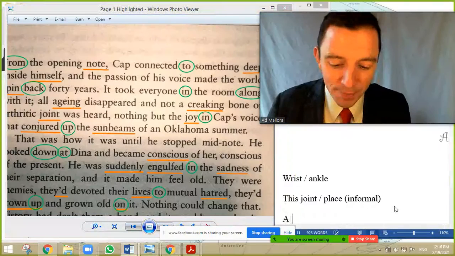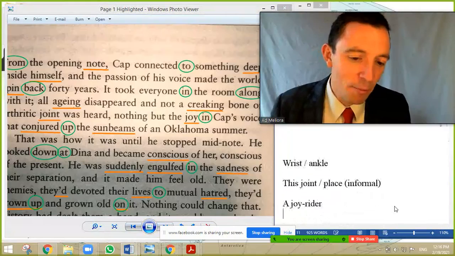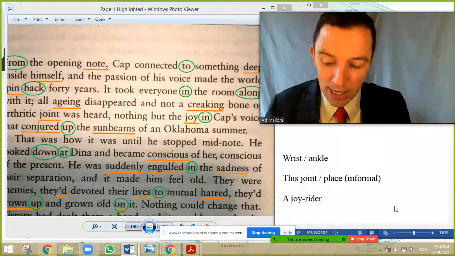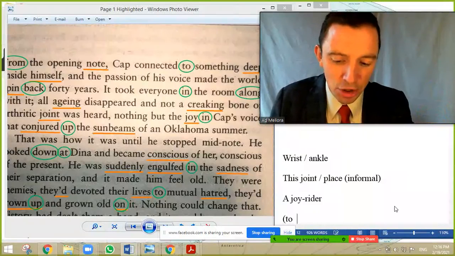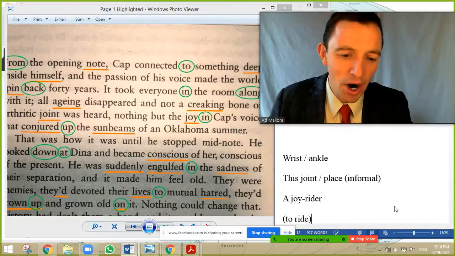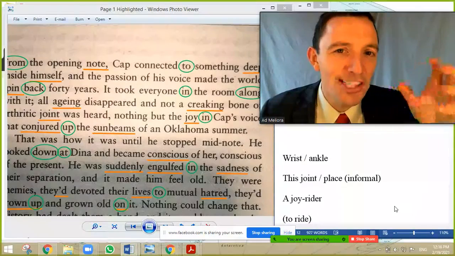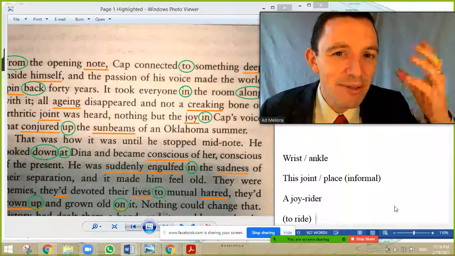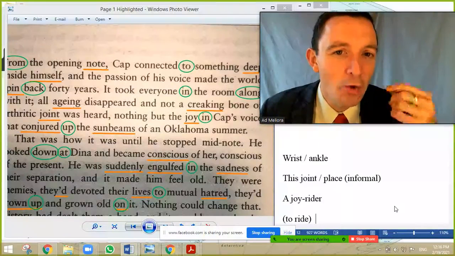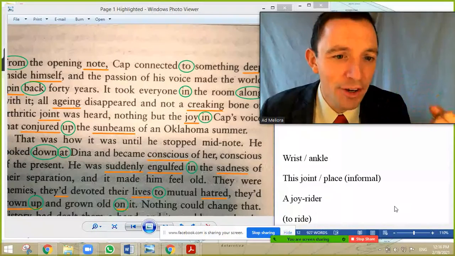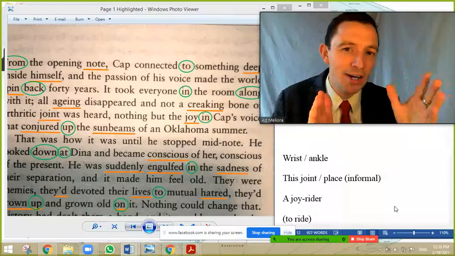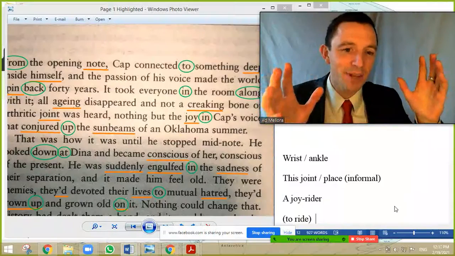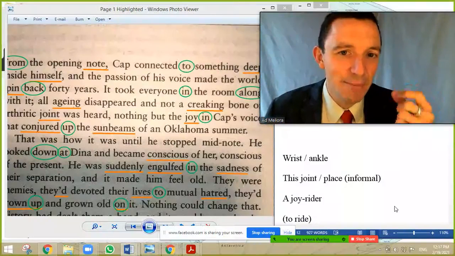A joy rider is very informal conversation as well. So the verb is to ride. You ride the bicycle, you ride the horse. Okay, so the verb to ride. But a joy rider is typically the person who robs or steals the car, or maybe it's their own car. So the person in the car that goes very, very fast and very dangerous, only for the adrenaline and only for the fun and only to enjoy. So a joy rider is the person who takes the car and just goes crazy. Okay, so a joy rider is that person, a joy rider.